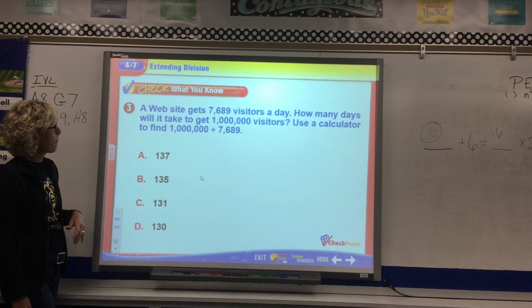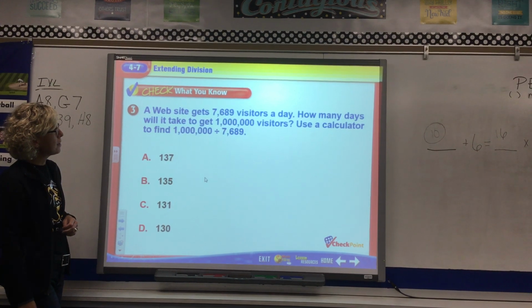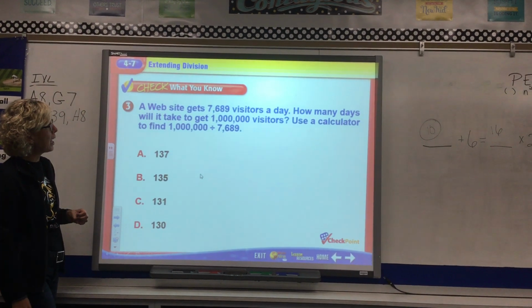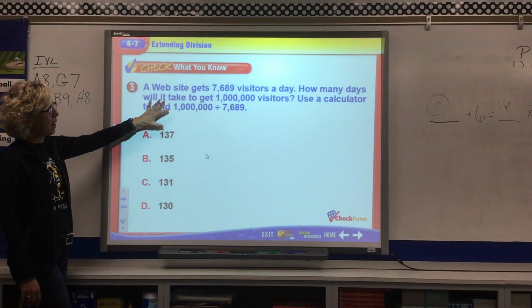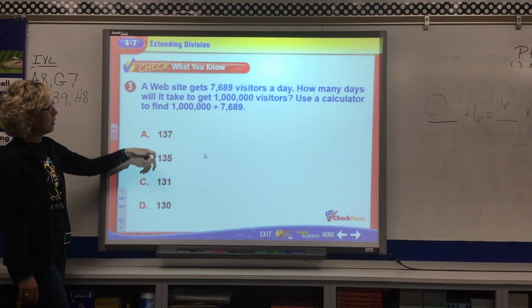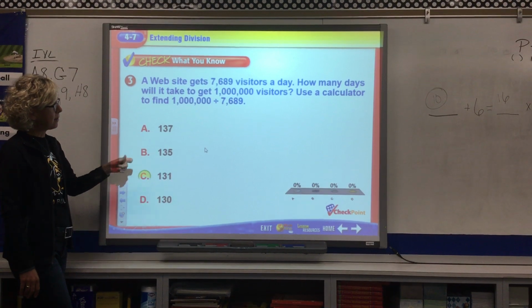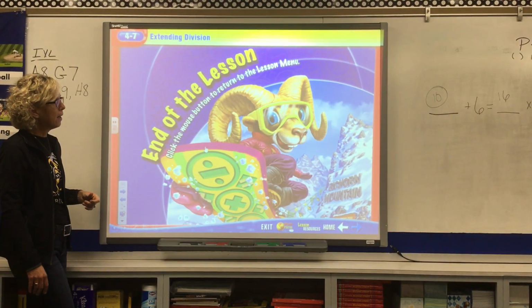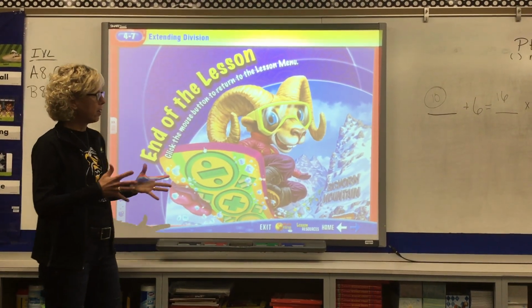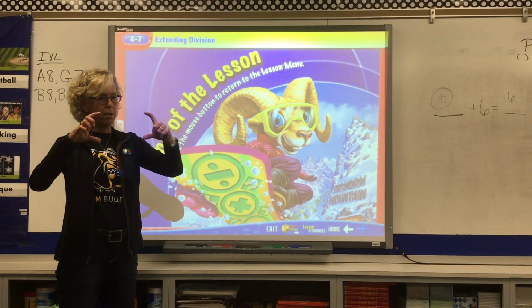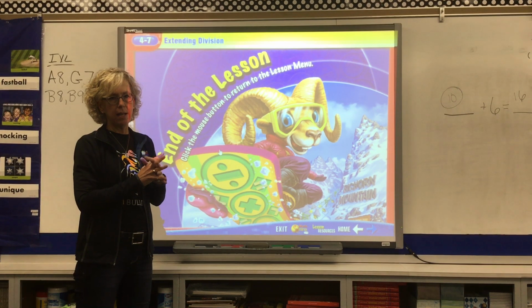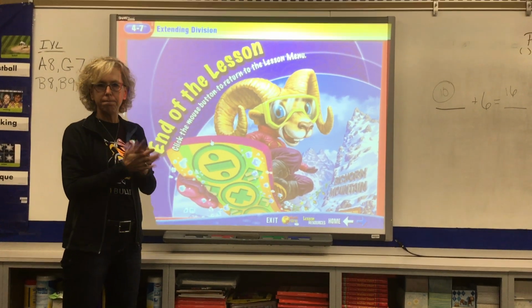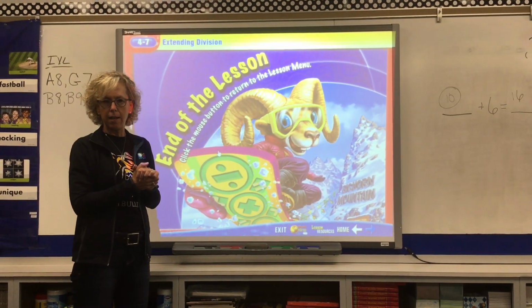A website gets 7,689 visitors on a day. We're going to skip through this problem because we don't have a calculator. If you did have a calculator, you know that you put the number that you're dividing, divided by the divisor, and then hit the equal sign. And that is division with